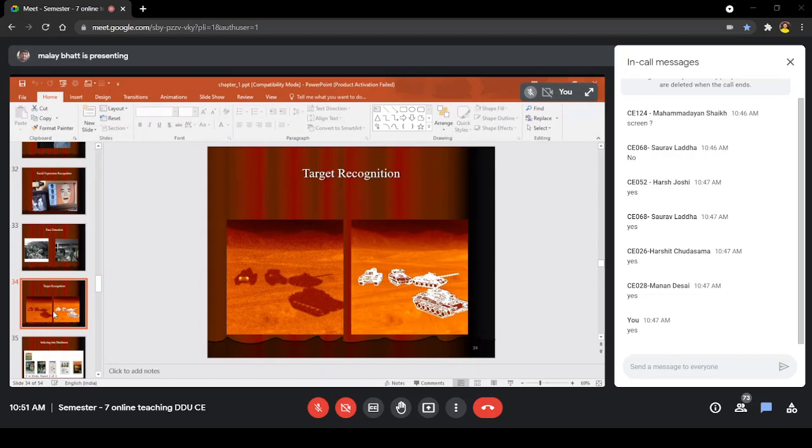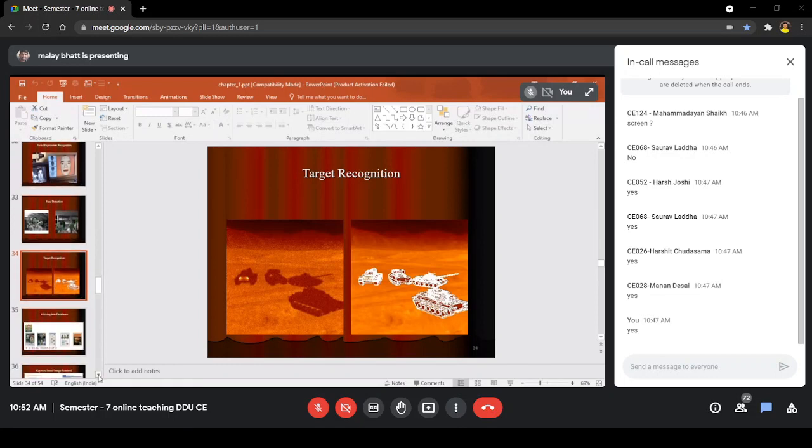So basically, through image processing, it will superimpose the structure of the object on the actual picture. So this tank and jeep are clearly visible. So it will indicate that there is some activity going on at the border in the night so that no one can recognize. So through image processing also it can be used in this kind of surveillance basically. So it is used by the military or army, we can say, at the border.